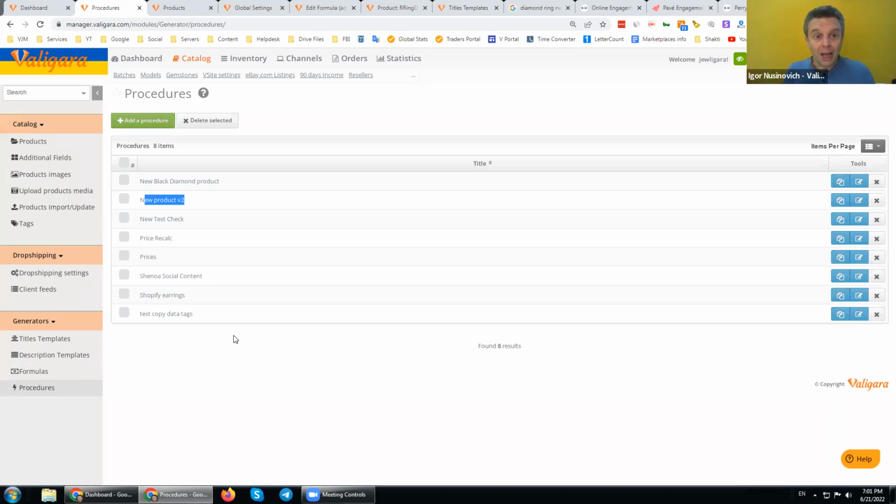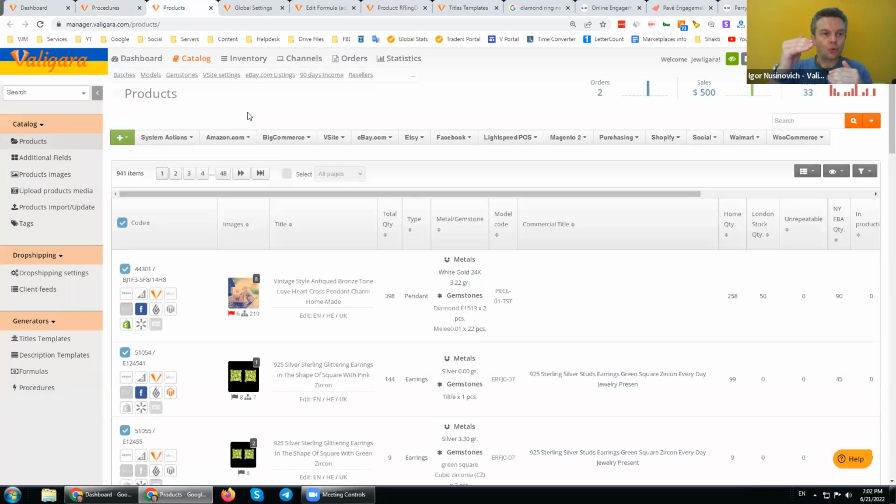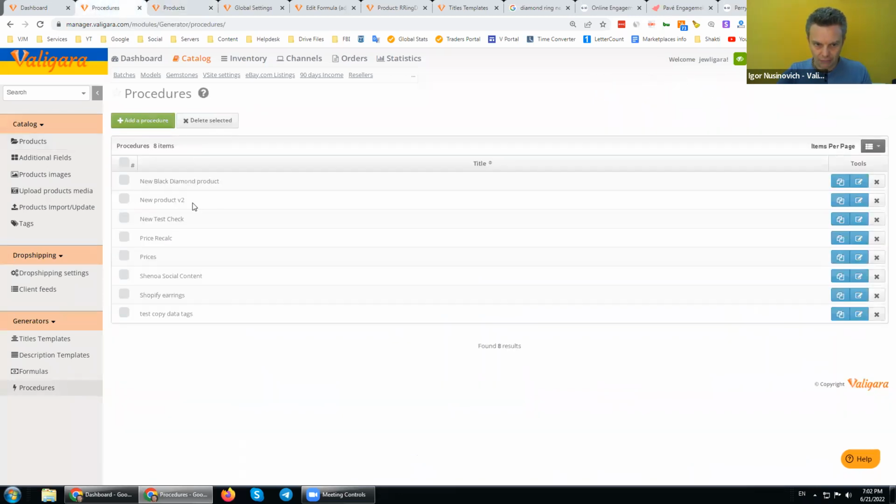So when I apply some procedure, I will not apply just one procedure. I will create a duplicate, and with this duplicate, I will slightly play with the generators that I apply, because I want to compare which procedure worked better for me, what information worked better for me. I can do it on the title level, I can do it on the procedure level. Now, we will create multiple procedures for multiple cases.